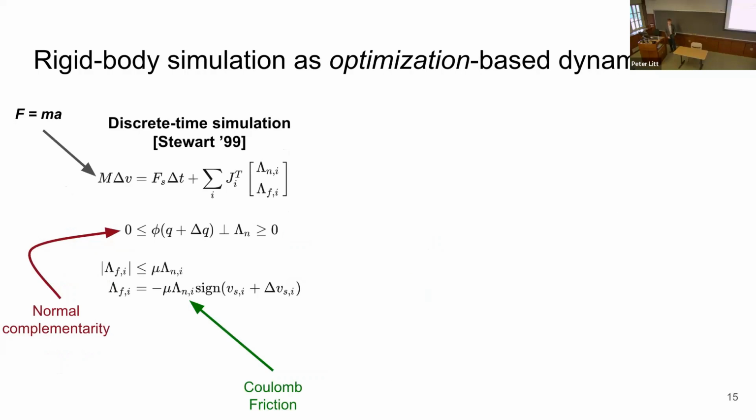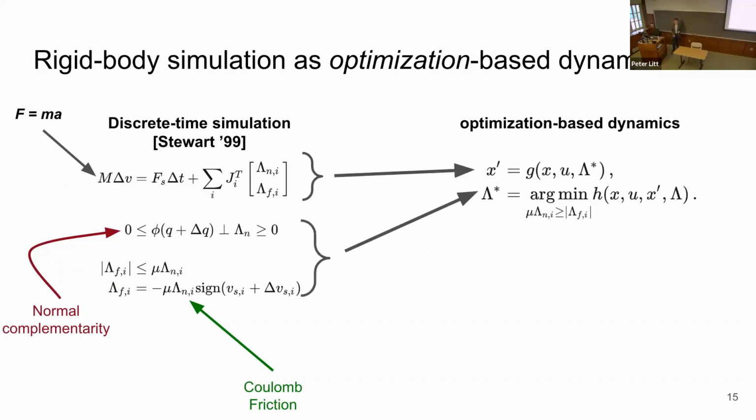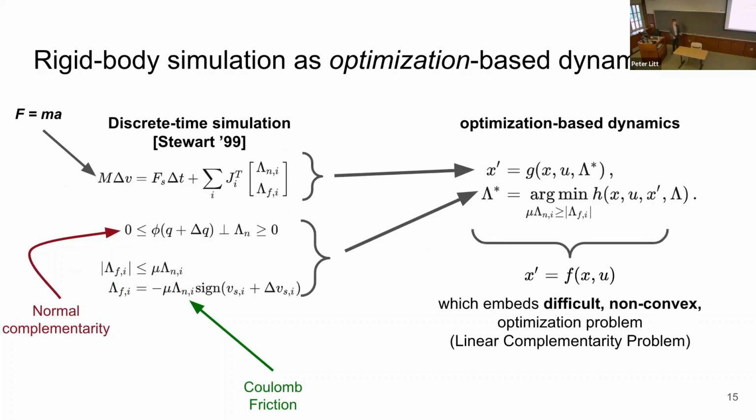Practically, we have now phrased simulating these systems as solving a system of equations. And the way that we implement this on computers is we solve it with numerical optimization. This is the really key equation from this section: even if you would like to take a physical simulation and simulate just one time step of a millisecond forward in time, you're going to have to solve a very complicated optimization problem. And in general, these problems are often very difficult and non-convex, a particular form called a linear complementarity problem.